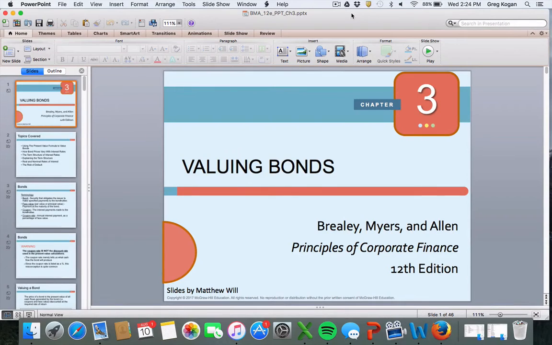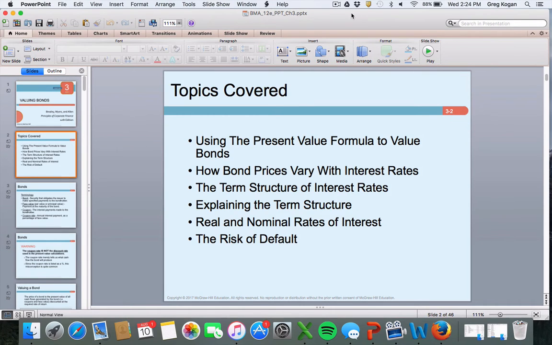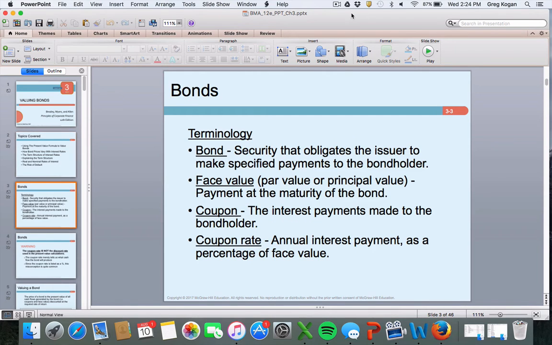I wanted to go over the next section here, which is valuing bonds. From my experience of working with bonds and bond valuation, the idea is that we can go over the valuation of it using present value to see what are ultimately the cash flows from bonds. I'm going to go over the term structure of interest rates, real and nominal rates, and risk of default. So the main thing to know about bonds is the terminology of bond, face value, coupon